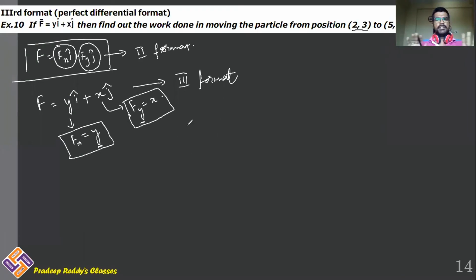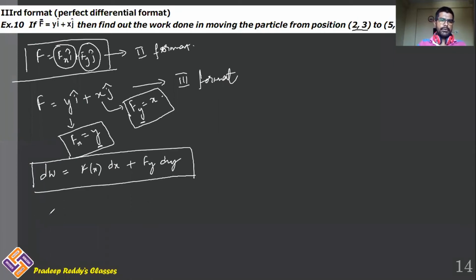Then I want to calculate work done. The procedure is the same, nothing to worry about. There is no huge change here. This is variable force, we are able to confirm that. As it is variable force, definitely you should go for the integration process. Therefore, first I will write dW is equal to F of x into dx plus F of y into dy. Right? This is what we already have discussed.